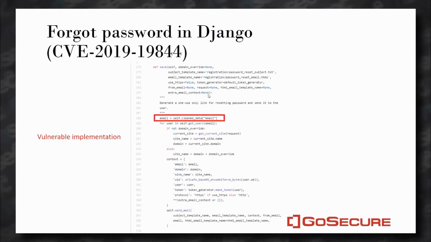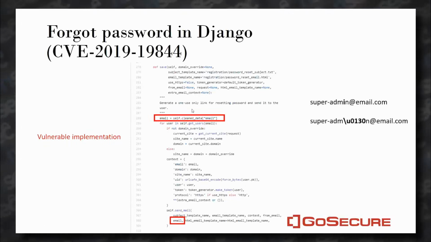In the end, the problem here is that there's a weakness in the comparison of the email with the database that is storing the user, but it's sending an email to the original email in the form that was submitted. Because of this, we could be trying to impersonate maybe a superadmin, and we're going to register a superadmin account with an I that is dotted.